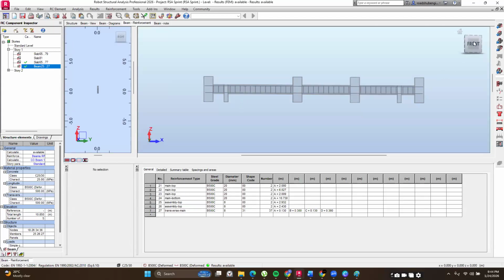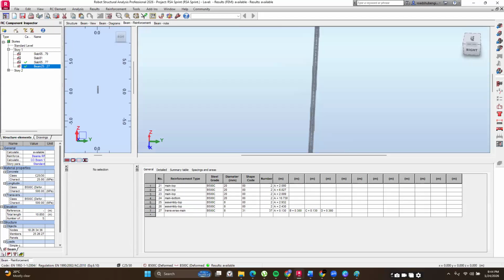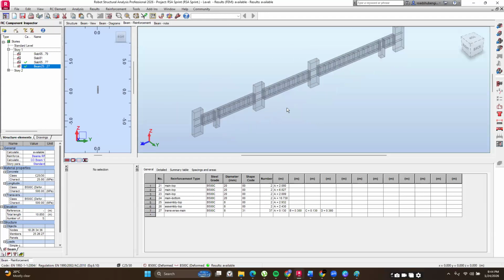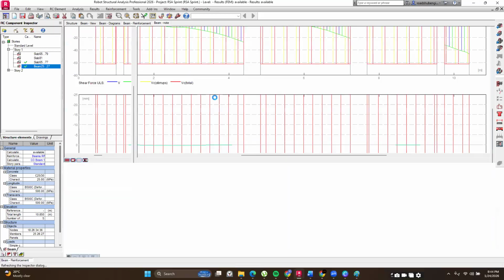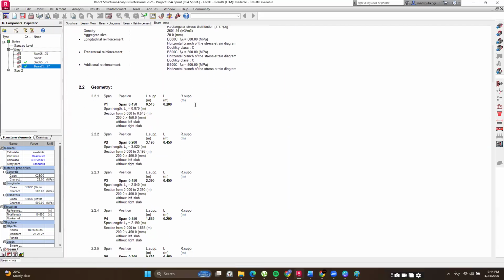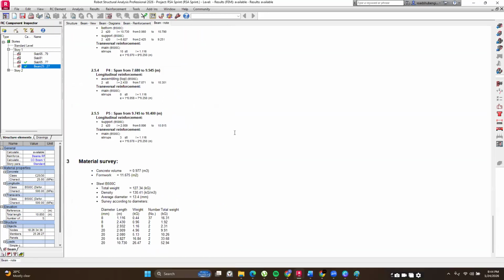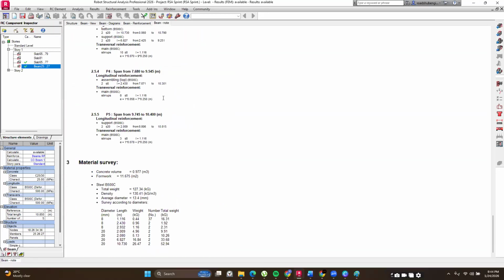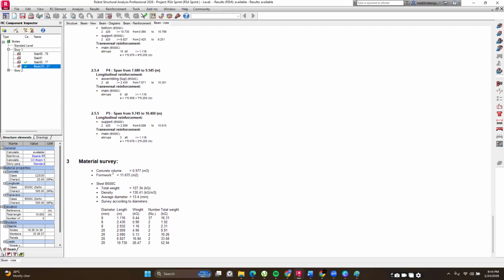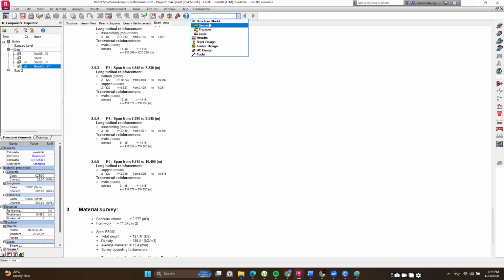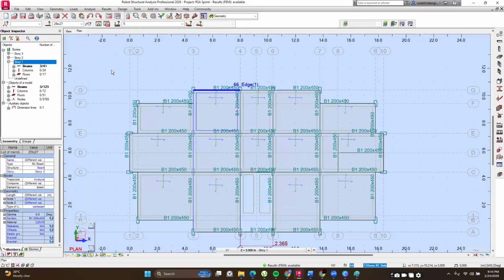Then you have your beam reinforcement. This is your beam reinforcement here, and I like how it is shown in 3D so that it can aid in your design. And then finally, you have your beam load. Okay, you have your beam results. So you can see the number of bars that you need, how they have been placed, and also you have a simple material survey. So that's how you design beams. It is quite easy to do. So next I will go to the design of columns so that we can